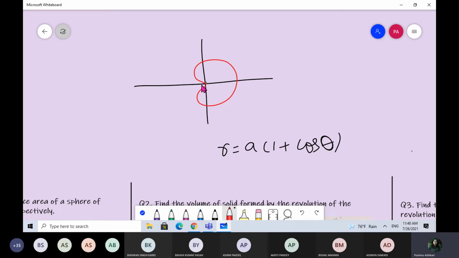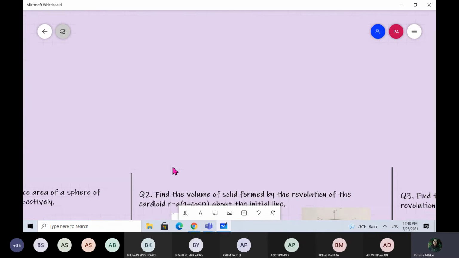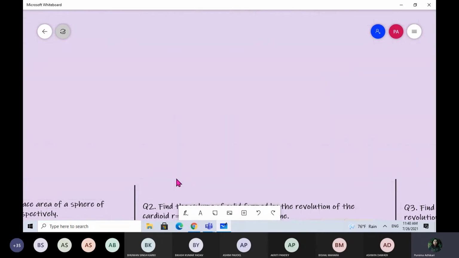Next, suppose you are rotating this cardioid. Now in this question, is it 1 minus or 1 plus? Let's go through it. Which cardioid is this? 1 plus. Okay, the cardioid which we are talking about. So when you rotate your cardioid, just imagine, use your imagination. It's very, very interesting. When you rotate your cardioid 360 degrees about the initial line, which is the x axis,